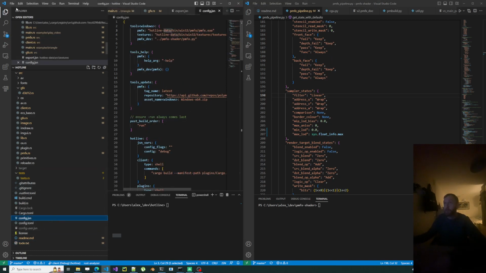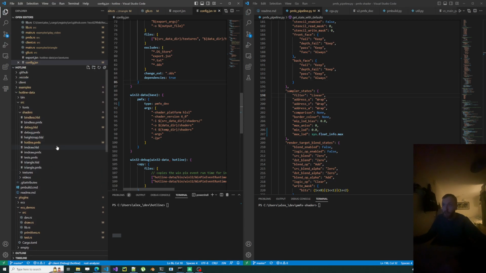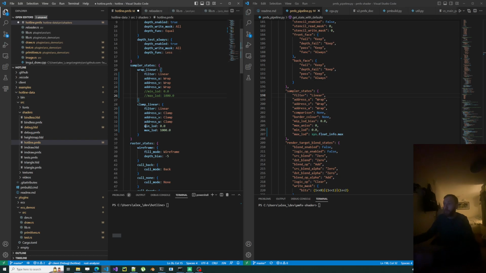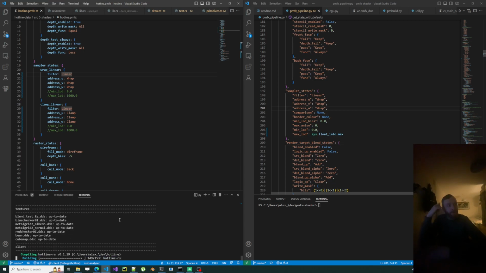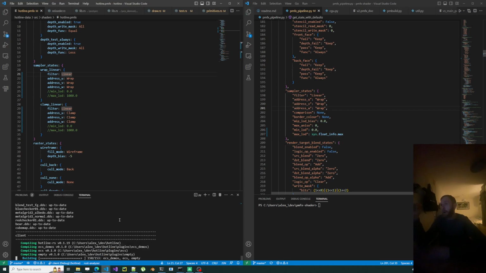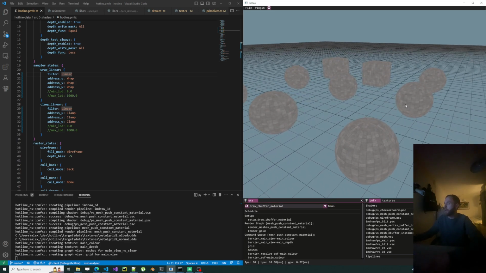So if I switch to PMFX dev, and if I edit my config to no longer supply that, I can run this. It's going to build the shaders, and we should see that there is no difference. I don't any longer need to supply it. Perfect. So then if we go back to -1 to -1,